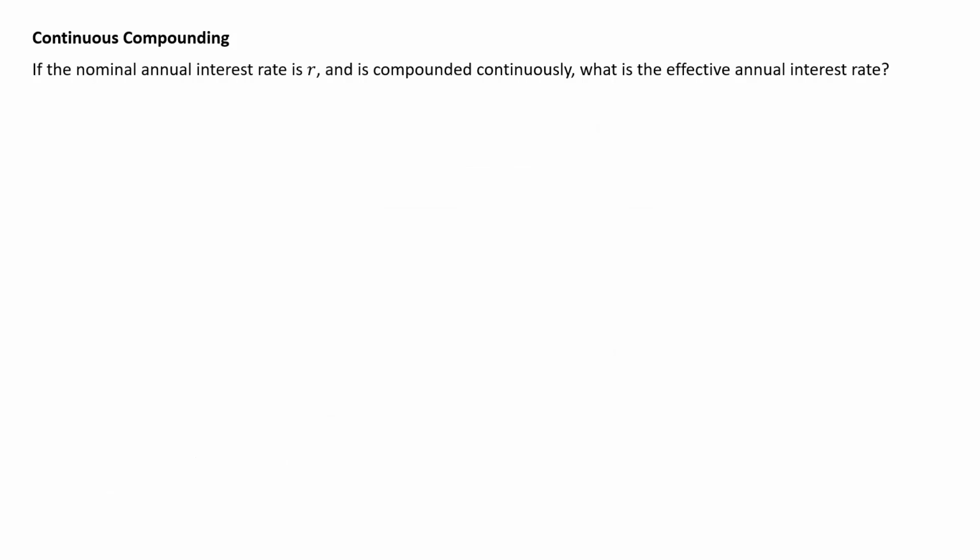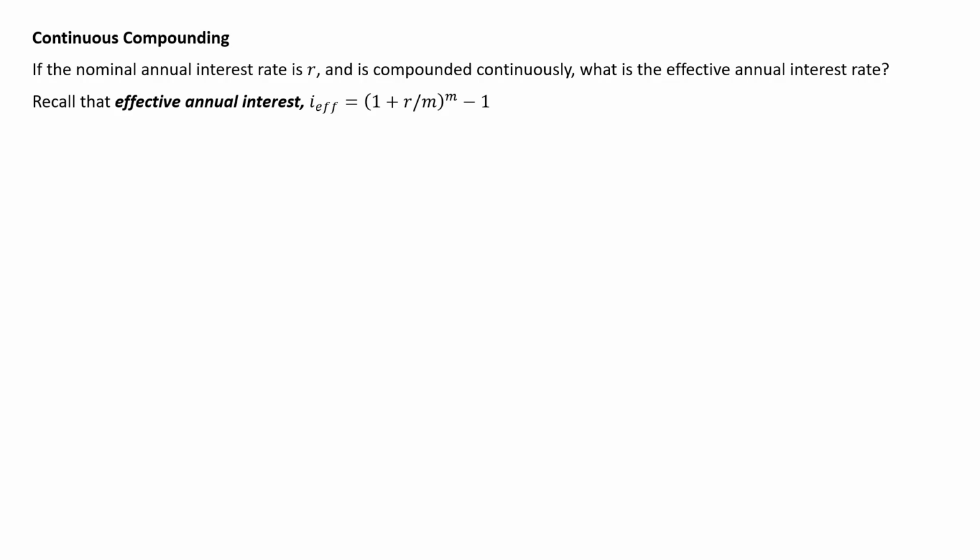If the nominal annual interest rate is R and is compounded continuously, what is the effective annual interest rate? Okay. Now, effective annual interest rate, the formula is (1 plus R over M) to the M minus 1. Okay, what in the world is that? R is the nominal annual interest rate. M is what? M is the number of compounding periods in 1 year, right? For monthly, M is 12. For quarterly, M is 4. For daily,